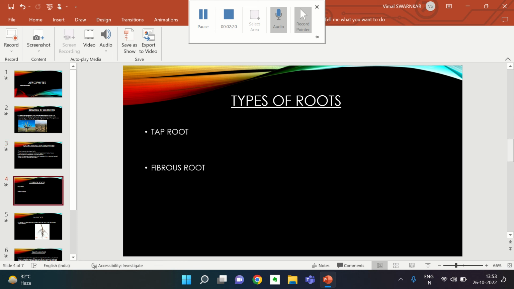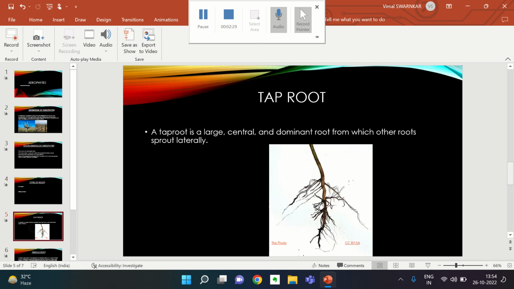Lastly, if we see the types of roots that exist in xerophytes, there are two types of roots possible. First is the taproot and second one is the fibrous root. If you look at the taproot, which is very much visible on your screen, you will find that it's a long root. It is basically one single root having a lot of branches. So it is the root which is capable of going to much more depth as compared to the fibrous root, which